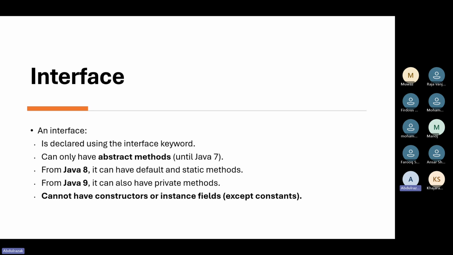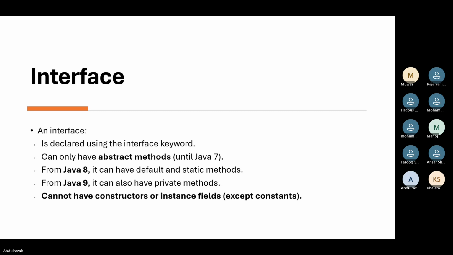Next we have the interface. We can define an interface by using the interface keyword. Up to Java 7, an interface will have only abstract methods. Then from Java 8 onwards, they introduced new methods: default and static methods. And in Java 9, they also introduced